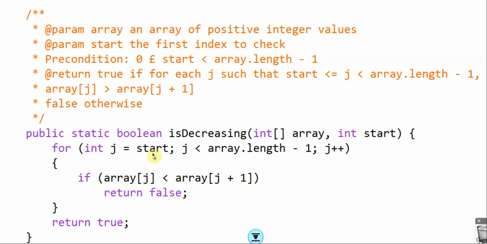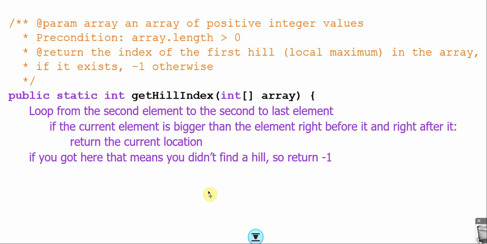Also notice this loop starts at the parameter start, and it does not go to the last spot. It stops at the second to last spot. So the last spot it hits is spot length - 2, because once again you're comparing an element to the element after it. All right, now the next one you had to implement was the get hill index, which once again